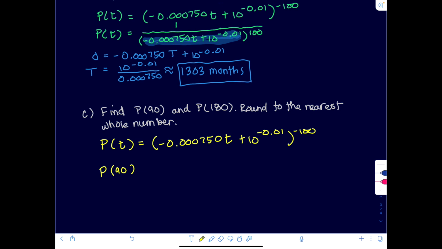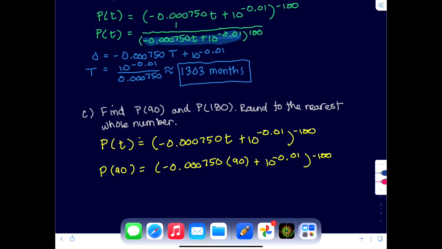Well, actually, it's already rounded. So that one's approximate, negative 0.000750 times 90 plus 10 to the negative 0.01, all of that raised to the negative 100. So entering that into the calculator,